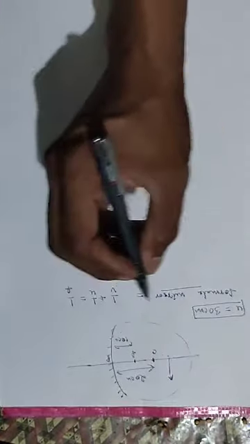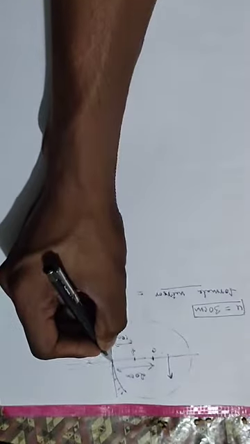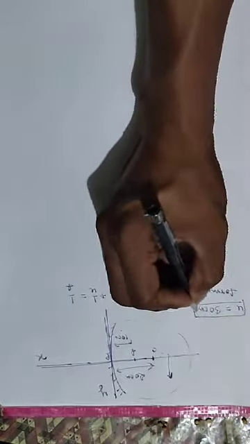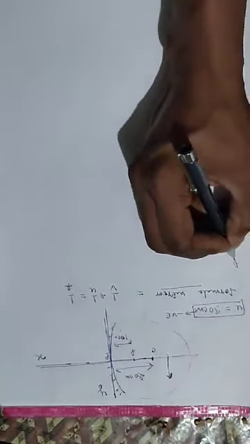Okay. As you are already aware of the coordinate system, let us suppose this is the x-axis and this is the y-axis. Whatever distance you consider on the right side of the y-axis, I have to take it as positive, and whatever distance you consider on the left side of the y-axis, you have to take as what? Negative. Means while solving a problem, I have to take this u as negative, and also the focal length